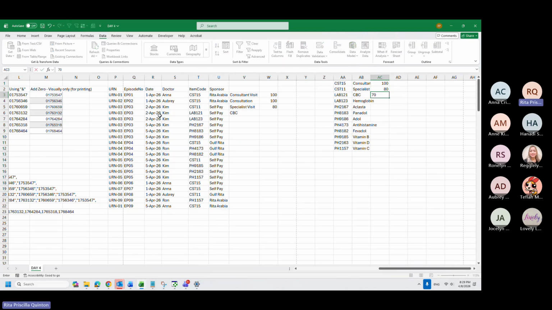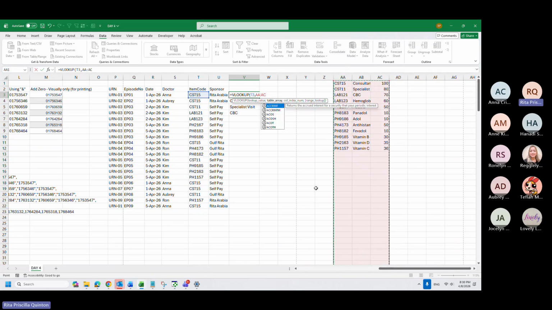This is just a sample. And then do the VLOOKUP. So I can standardize my table. The VLOOKUP, I will do it for now.